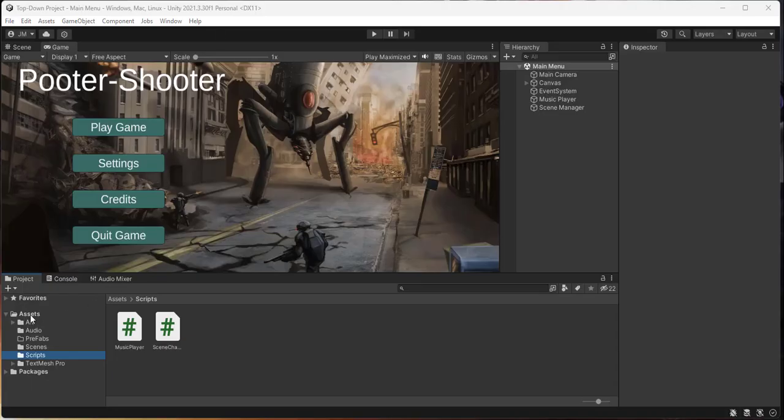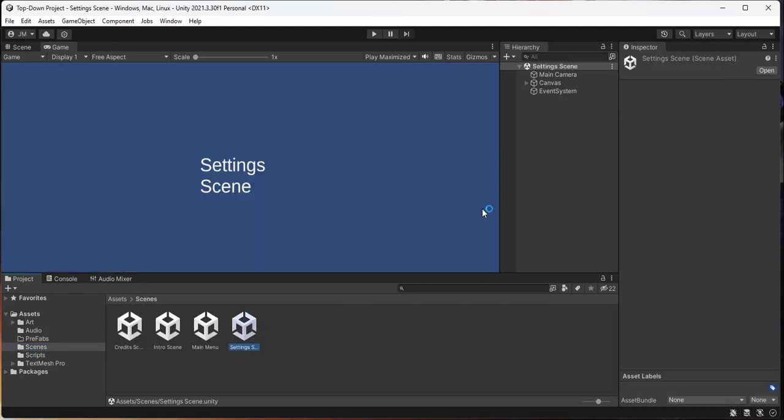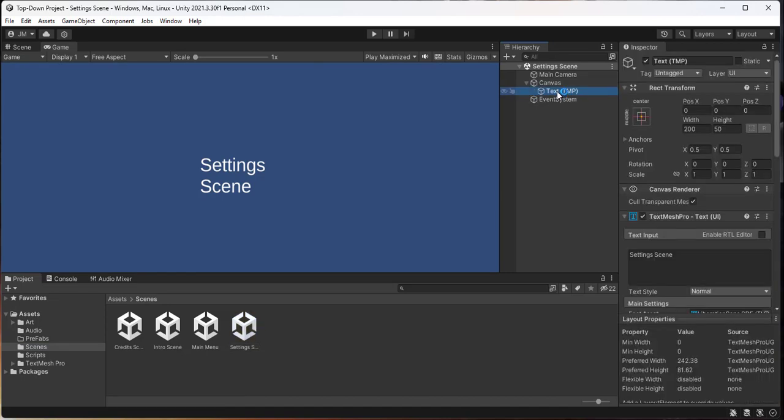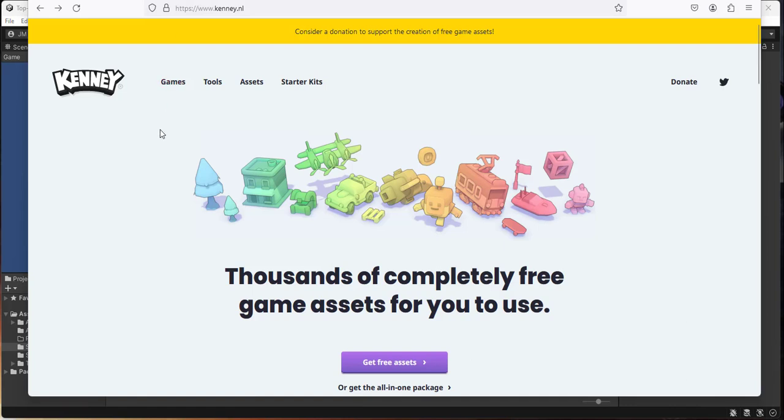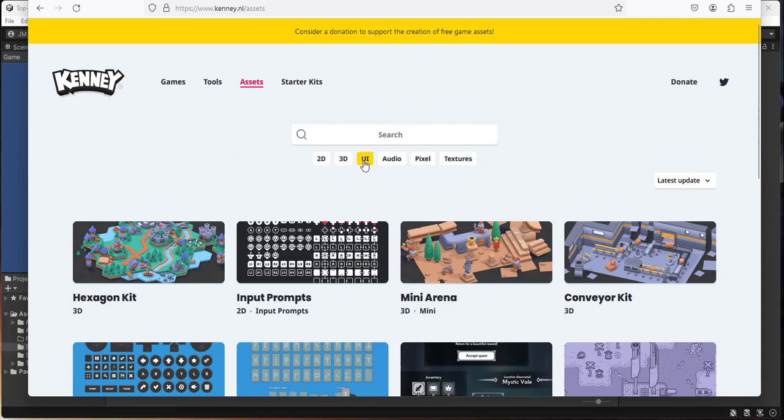So in our project, we're going to go to the scenes folder and open up the settings scene. The first thing I'm going to do is go to canvas and take that text that I did and delete it. Before you start, you might need to decide: do you want to make your own kind of background, just have everything with squares like in the picture that you just had, or do you want to use some custom stuff? So like here, if you go to kenney.nl, so www.kenney.nl, and hit assets, and then UI,